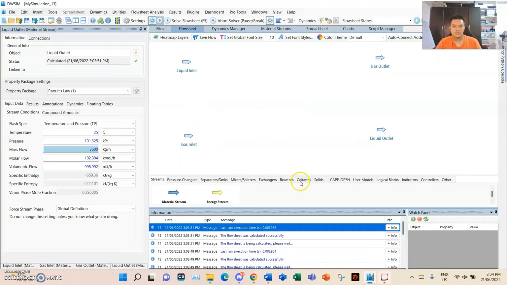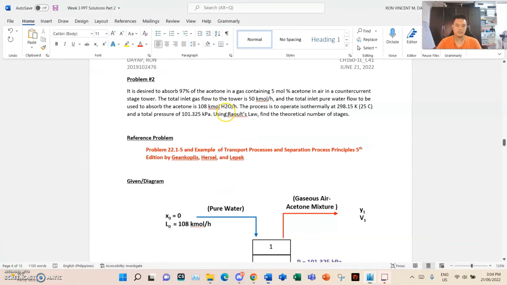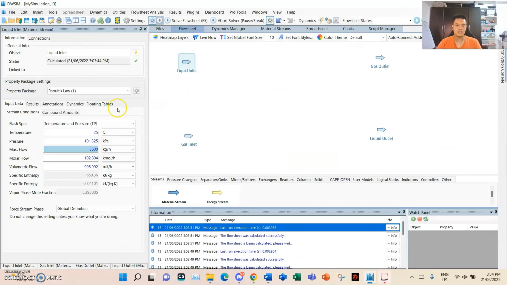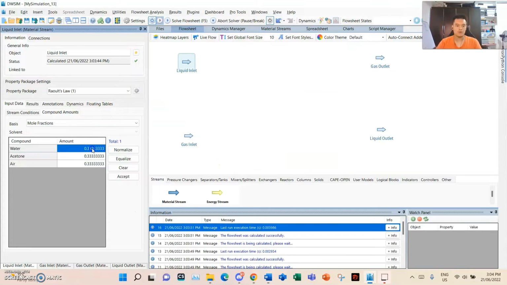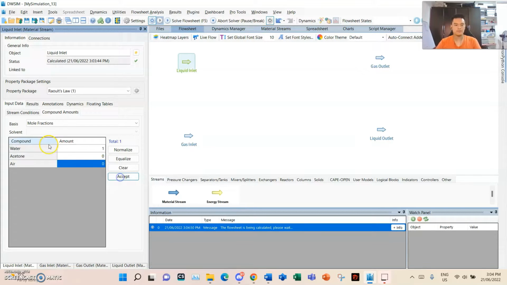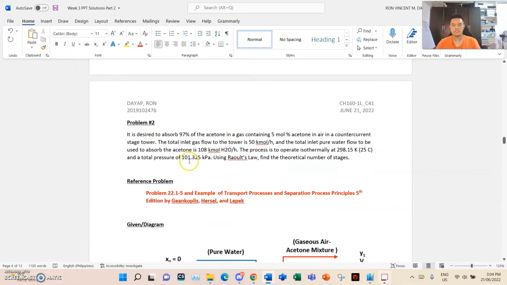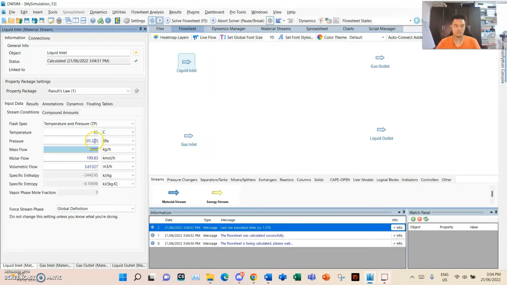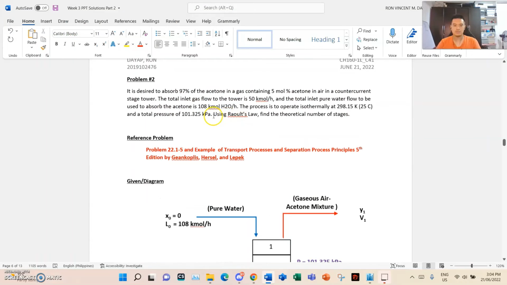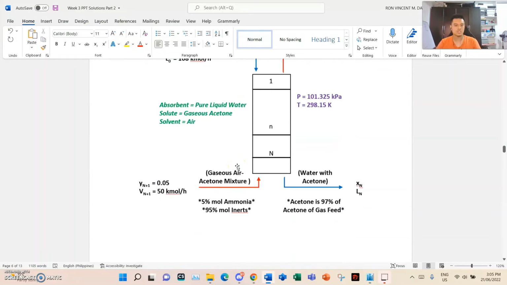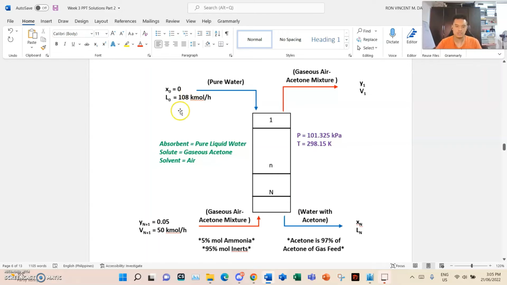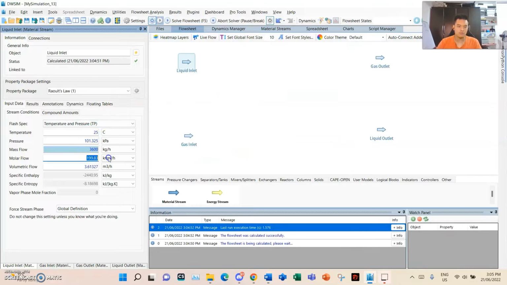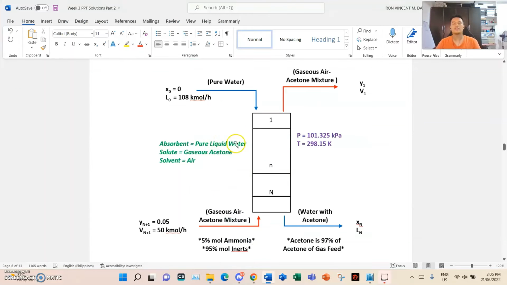Okay, so let's specify our feed. In the liquid inlet, it's only pure water. So this means that compound wise, only water is there. Mole fraction wise, put here 1, 0, and 0. Click accept. Stream conditions. We said that the temperature is 25 Celsius. We don't need to change that anymore. Pressure is 101.325 kilopascal. So we don't need to change that anymore. Essentially, we just need to change the molar flow rate, which is 108 kilomoles per hour. Okay. Then for the gas inlet,